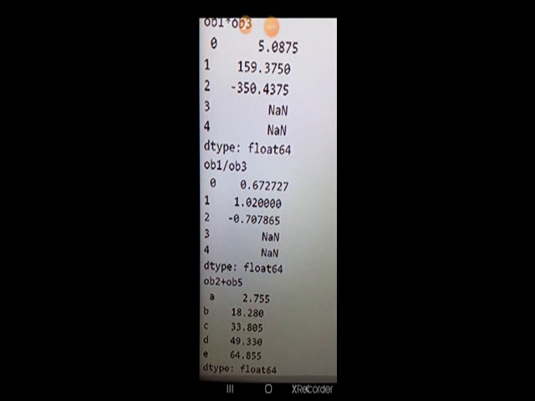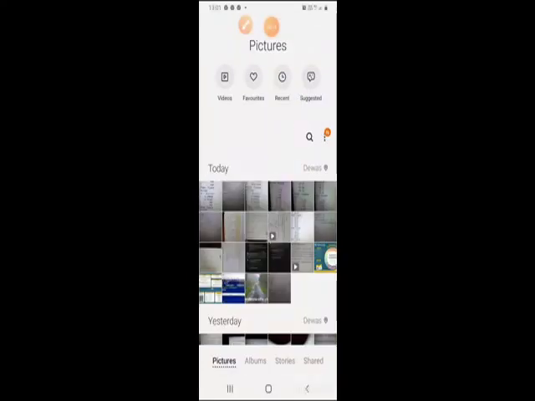When OB1 has only 0, 1, 2 indices, then for indices 3 and 4 the result is NaN. Same way for this operation, OB1 into OB3, for 3 and 4 the result is NaN. So this way it is. All right, now your book says